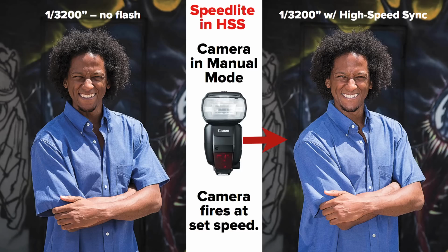I hit that high-speed sync button. I fire the frame off. I get that nice little bit of fill flash. I get those catch lights in his eyes. And on we go. All right? So the difference between those two shots was literally pushing a button, the sync button,